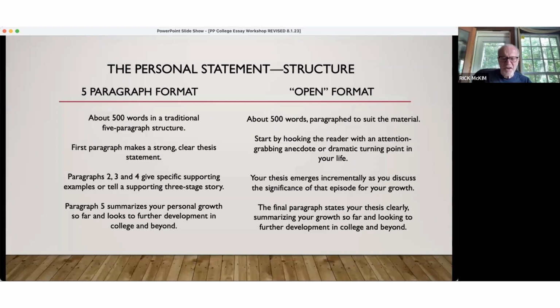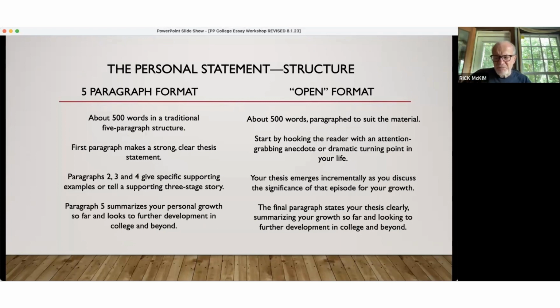Here, you're starting with a dramatic opening that hooks the reader in with drama, and then you're developing gradually a thesis out of that incident, so that the thesis is only clearly stated at the end. The final paragraph states your thesis clearly, summarizing your growth so far and your further development in college and beyond. I made a point of making the last bit the same,